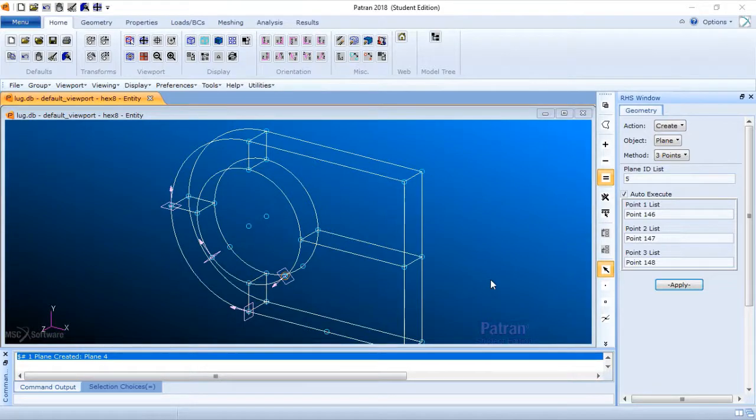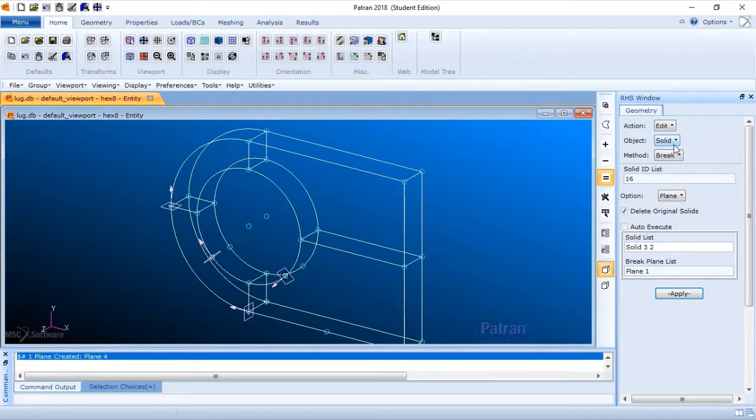Now we're gonna break our solids by the newly created planes. So we're gonna go to edit. We're gonna select solid and break. So the option is gonna be by plane. We're gonna leave delete original solids, auto execute off, and the first one we're gonna select is this one. We're gonna select this solid, that is solid number 4, and we're gonna select the plane that is gonna be this one, plane 3. So we select apply,